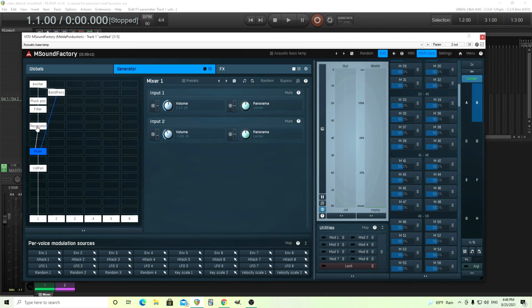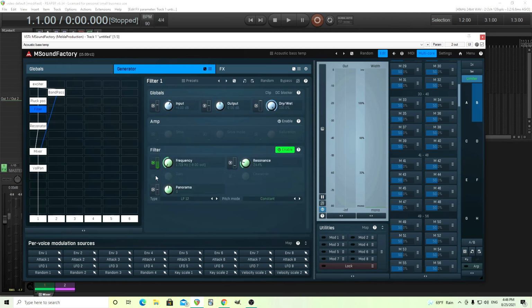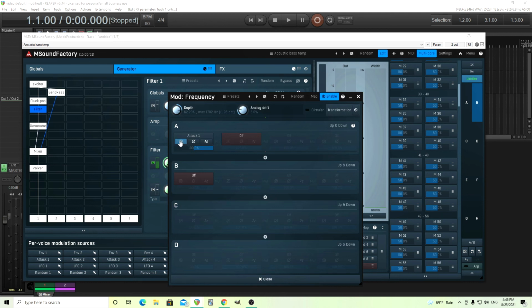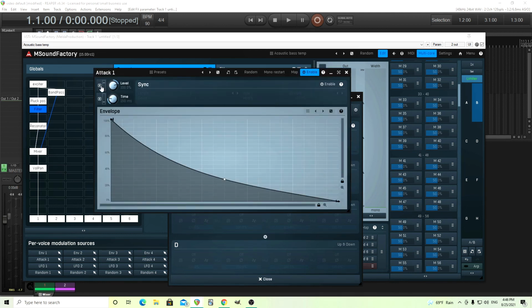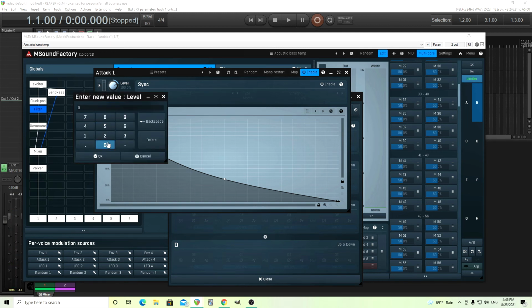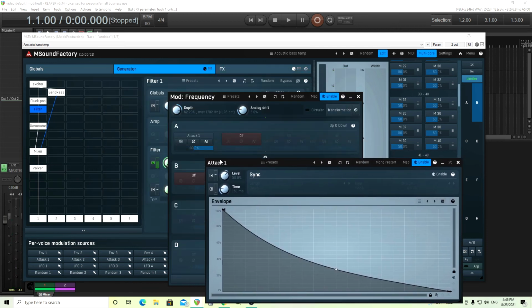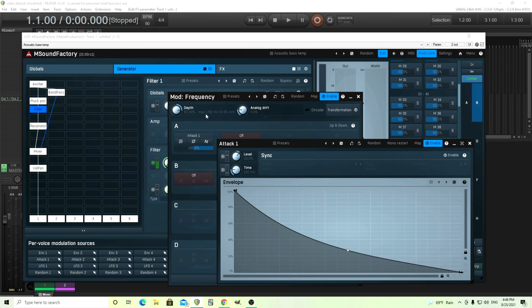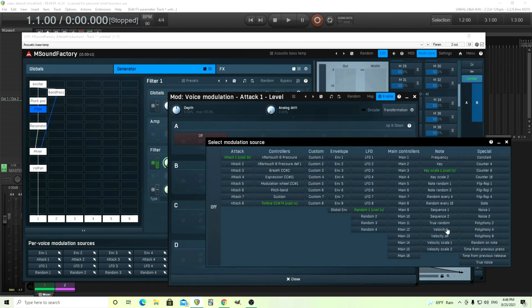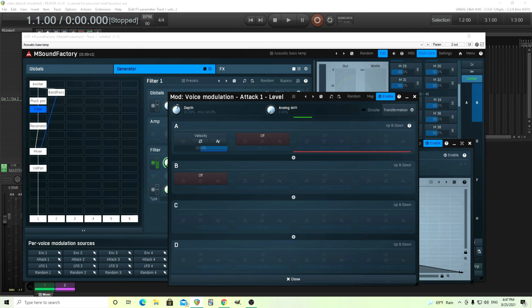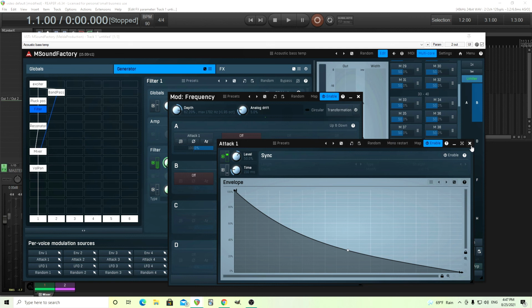What we're going to do is we're going to go back into the filter here, and we had our attack. But you see this level? What we're going to do is alter this. So now it's at 100. Move it down to 50. So that means it's not going to go as high. So before the max was 1,700 hertz, but now it's going to be way less than that, whatever half that is. But we're going to have this be controlled by our velocity here and make it go all the way to 100, close enough to it. Let's say 13.6. Okay. So now when I hit it very lightly,